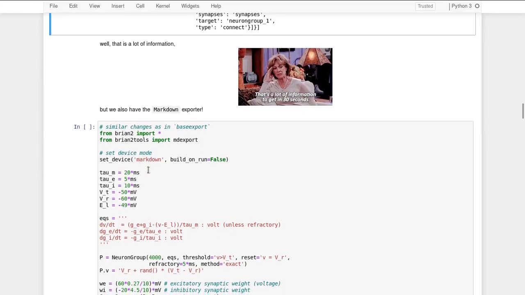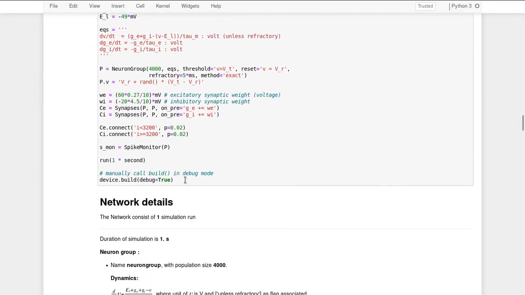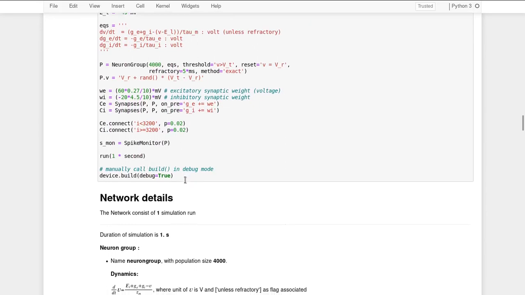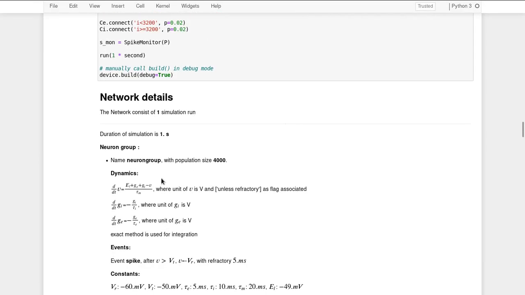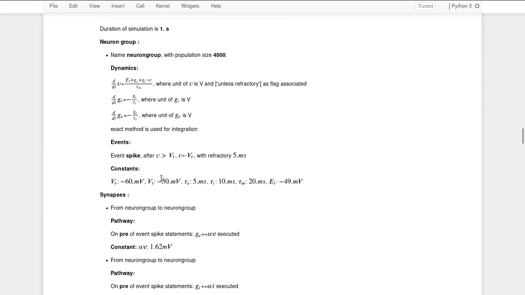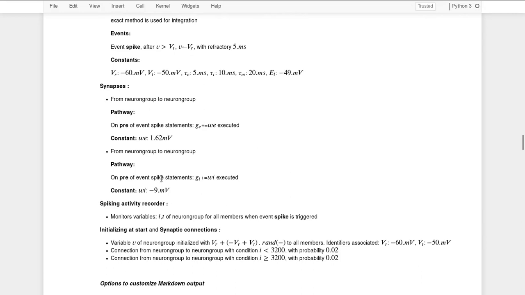Without much change, finally we build it manually again in debug mode. The output is clean model information which shows a neat representation of information. This information is a lot more clear and it provides a lot of readability.